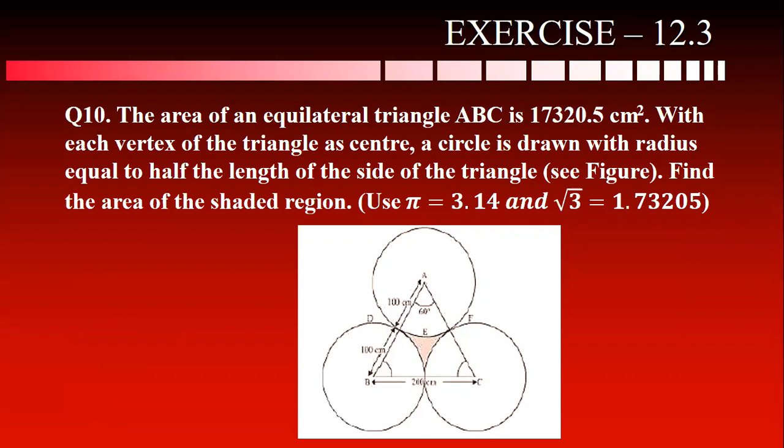Now, if the values are given, root 3 to 5 decimal places, you are required to substitute all the digits. Don't round it off to 2 digits when you are solving when they have given the value. Okay, use the exact same value. Later on, after getting the answer, rounding off is different, but at the beginning, you should not round it off.